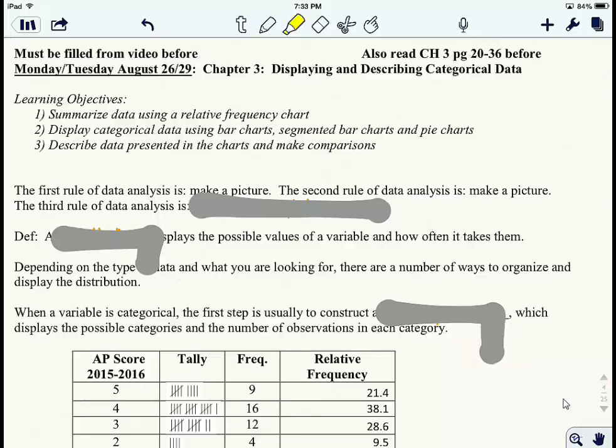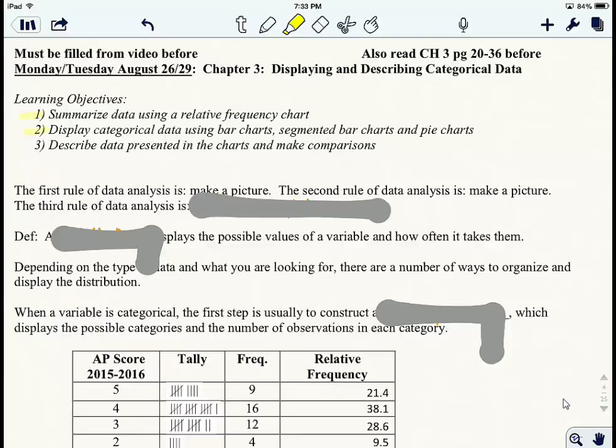Chapter 3, Displaying and Describing Categorical Data. From these notes, we should be able to summarize data using a relative frequency chart, display categorical data using bar charts, segmented bar charts, and pie charts. So of course know the difference between those three as well, and describe data presented in the charts in order